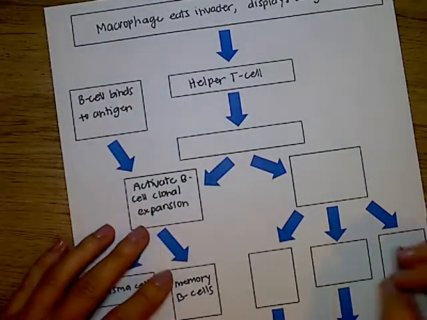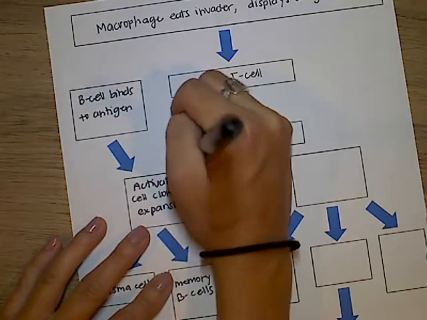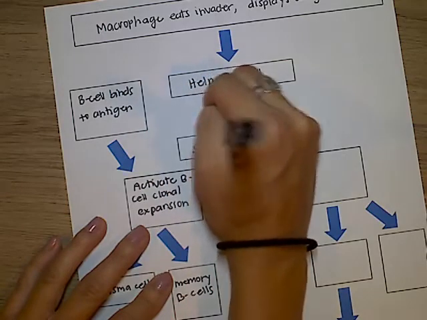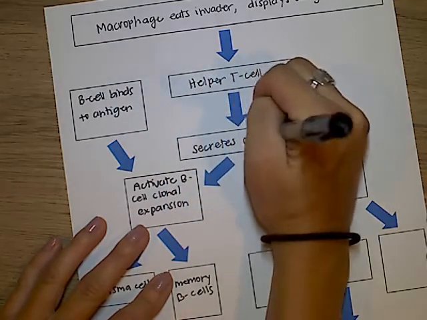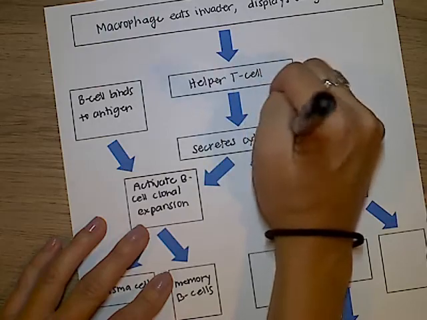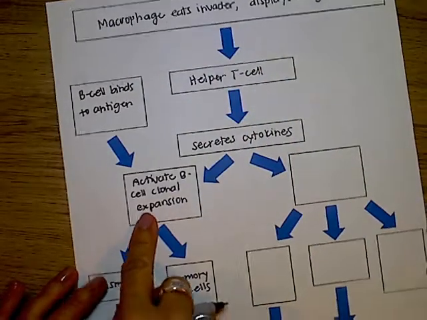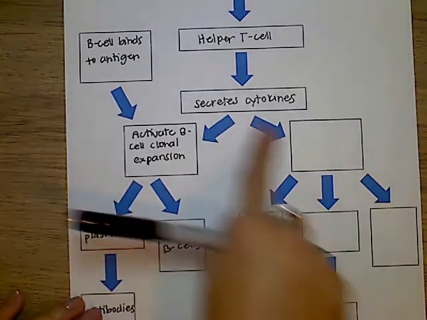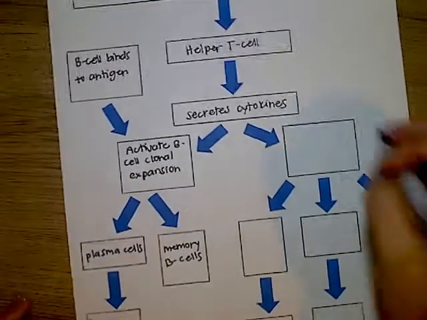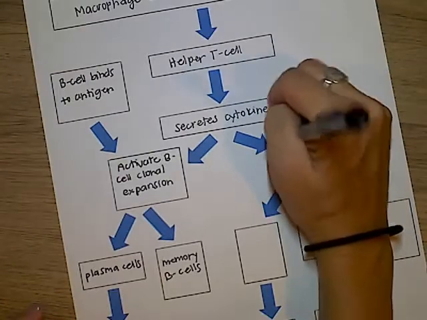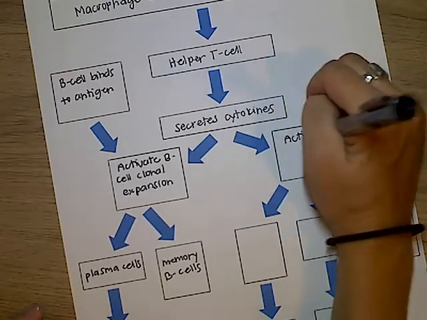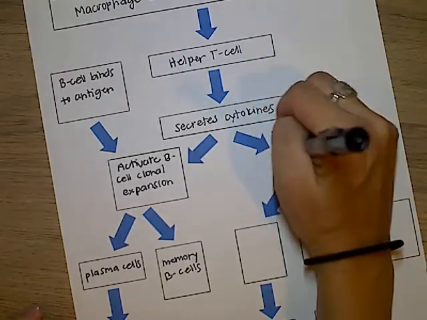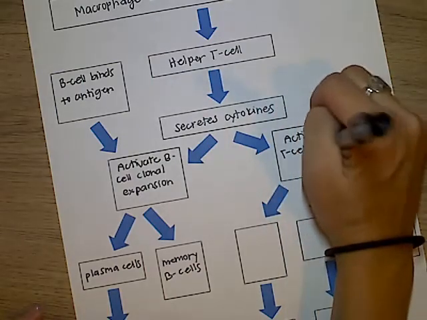And then remember what happens then is Sir helper T cell secretes that chemical call for help, the cytokines, and this is going to activate the B line, which we already went through. Going the T direction, it's going to activate T cell clonal expansion,